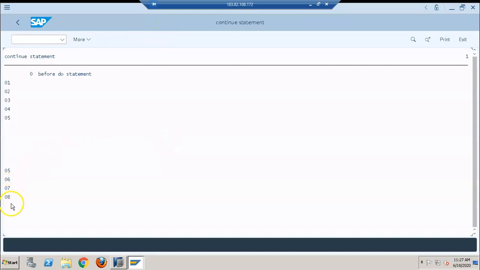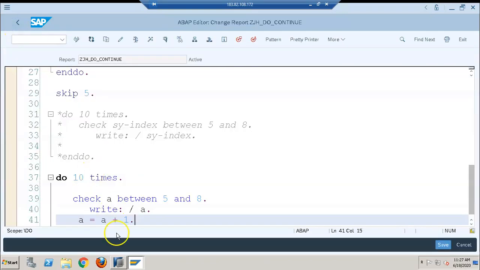Now it's 5, 6, 7, 8, because I wrote a = a + 1 above this. That's the reason it was coming like that.